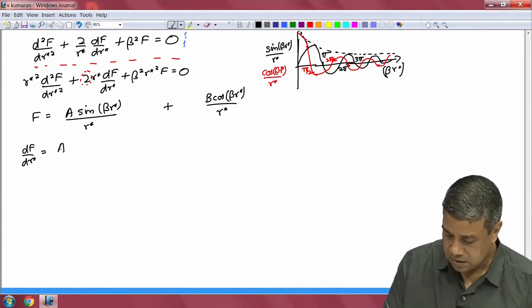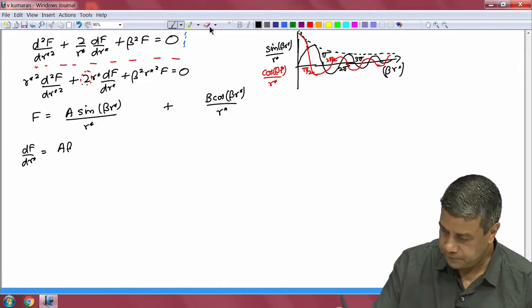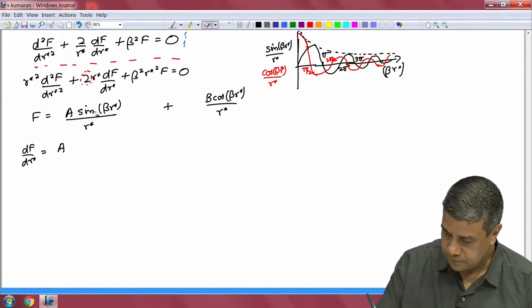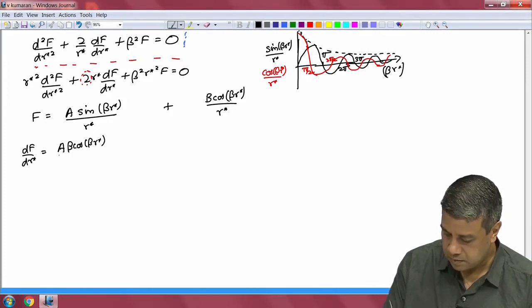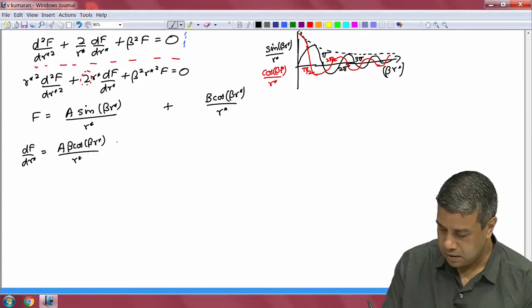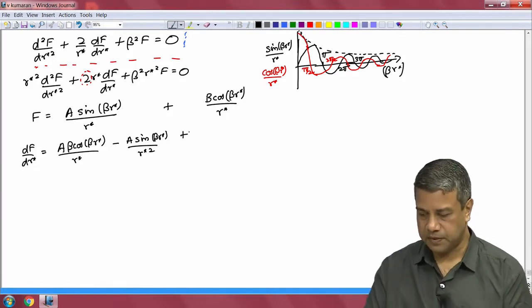So, a beta cos of beta r by r, minus a sine of beta r by r square, plus